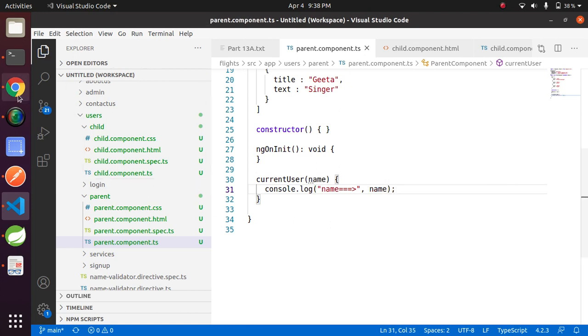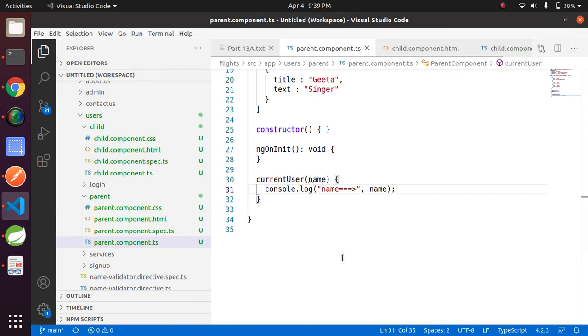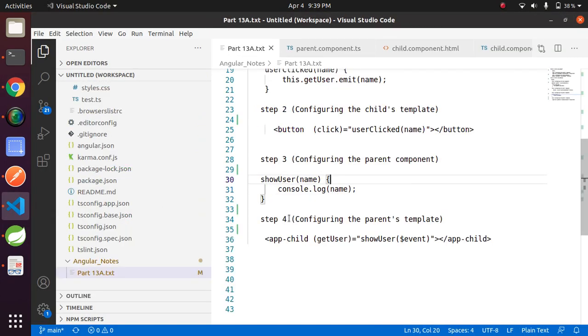Now the next step, step 4, is configuring the parent template. We need to configure the parent template here.